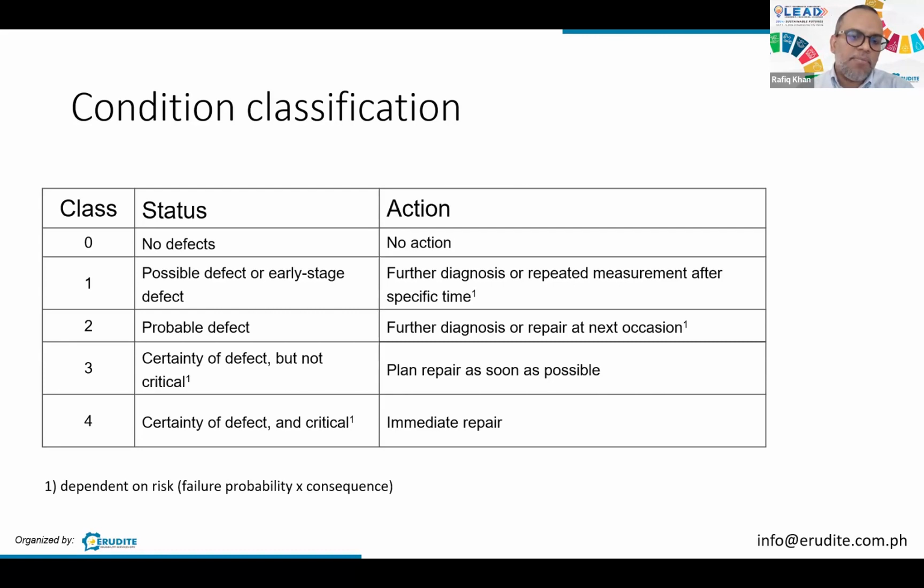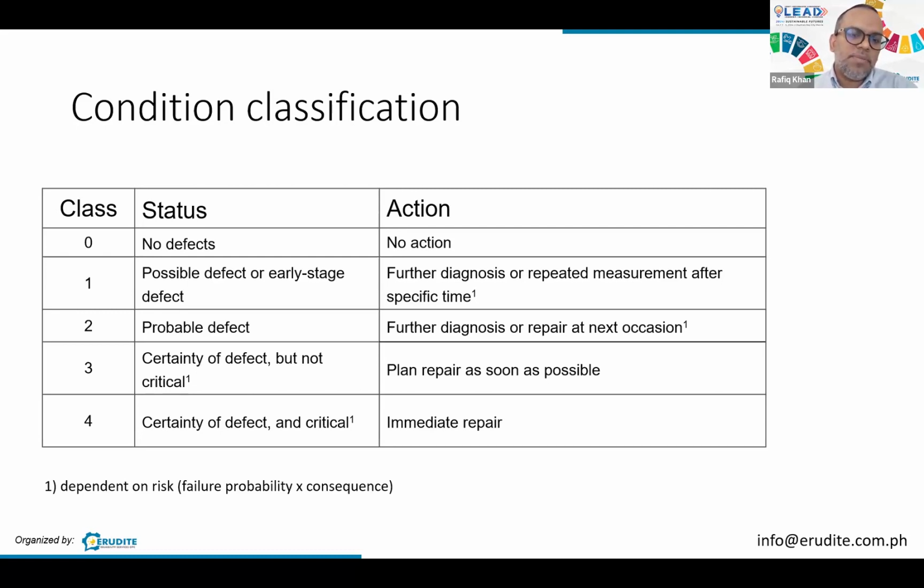After looking at many years of data, people like consultancy companies are able to give a form of classification. There are some papers already out which are looking at this as well. For example here, when we look at no defect, that means you don't need to do any action, you can continue running the asset.